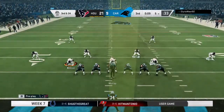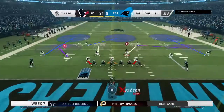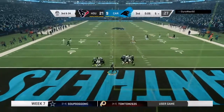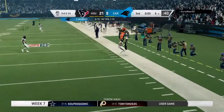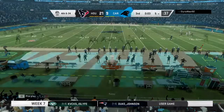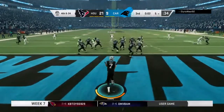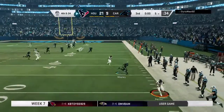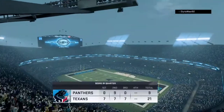This offense in desperate need of a conversion as they come up on 3rd down. From deep in their own territory, they look to throw. Flushed to his right. And that one drops incomplete as he got popped as he was throwing it. Here's the Panthers punter now as the drive goes backwards, so he's on to punt it away. And he'll just punch it out of there, and it's not a great kick. He's going to be out of bounds on what's going to wind up being the final play of quarter number